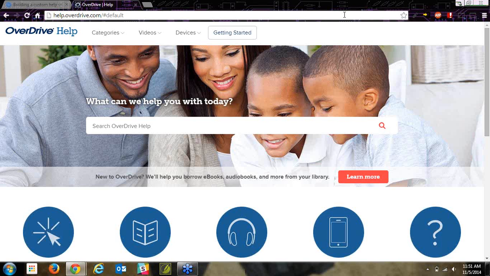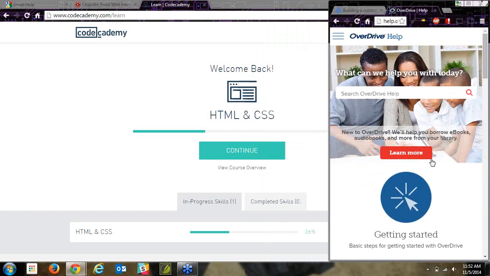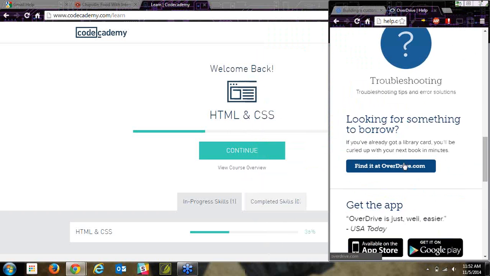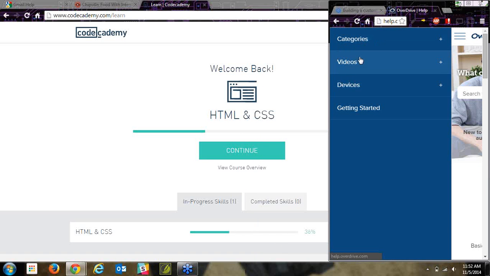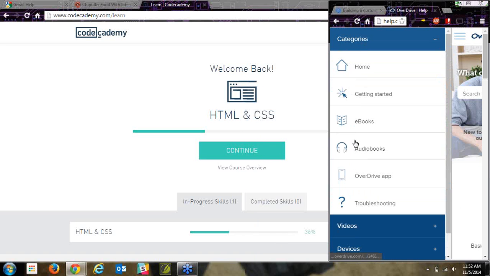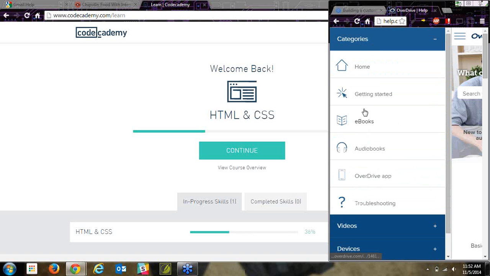Ours is built on Foundation, which is, what's the word I'm looking for here? A responsive design framework, sort of like Bootstrap, which is just a competing product. And if you resize the window, it goes into mobile mode. So you can see everything shrinks, these stack, and these stack. But additionally, we get this menu here, which still allows you to navigate the site. So if you want to go to one of these things, you still can. All the videos, all of that still works, and this is how it will look on a phone or tablet.